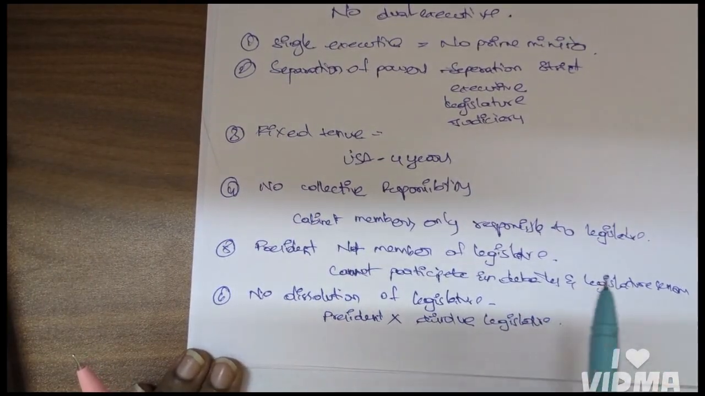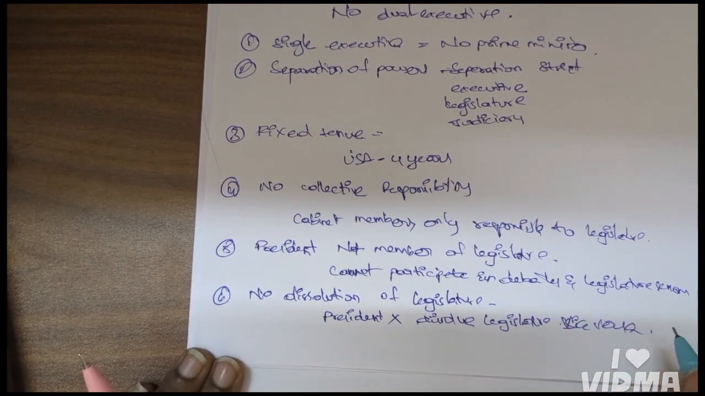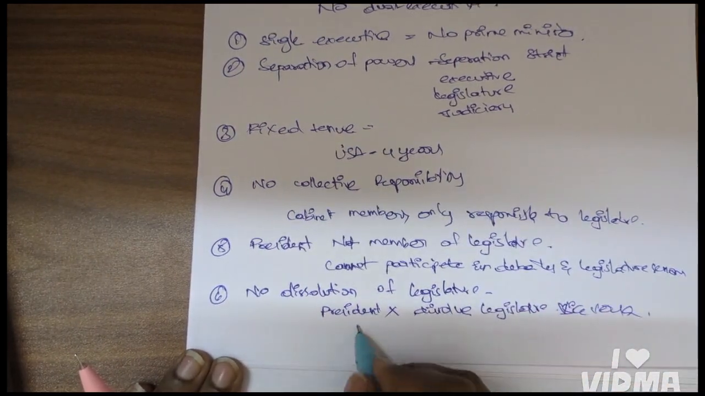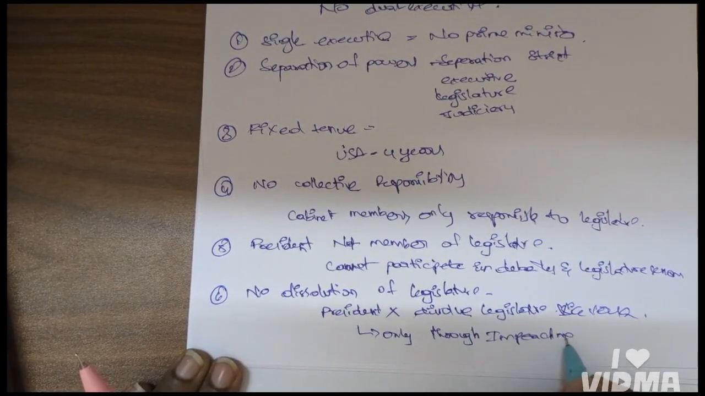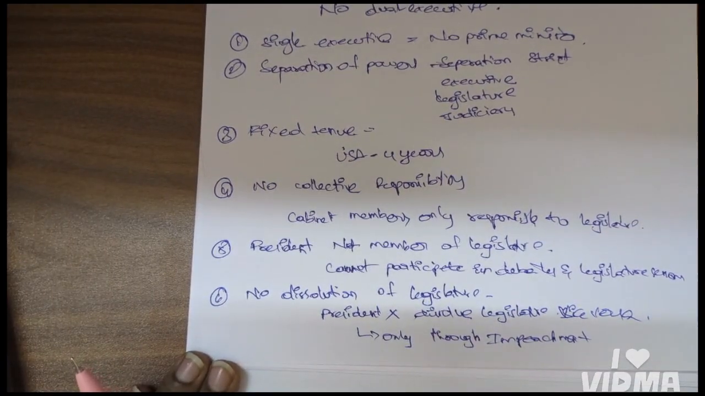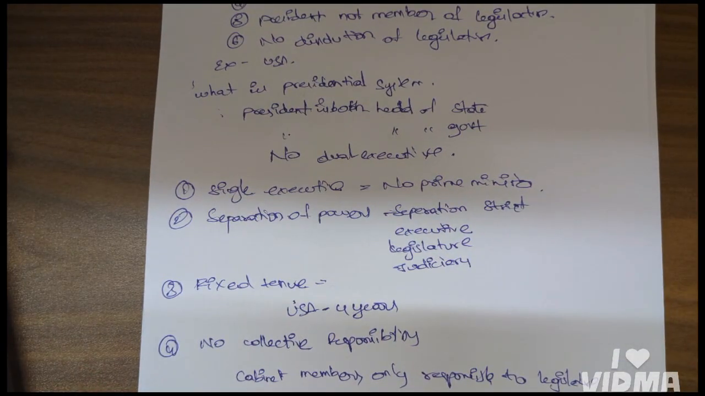So, what are the advantages of this? We have stability due to fixed tenure, clear separation of power, strong leadership, and quick decision. Disadvantages: concentration of power in single individual, less day-to-day accountability, deadlock between executive and legislature, and possibility of authoritarian tendencies, etc. Okay,